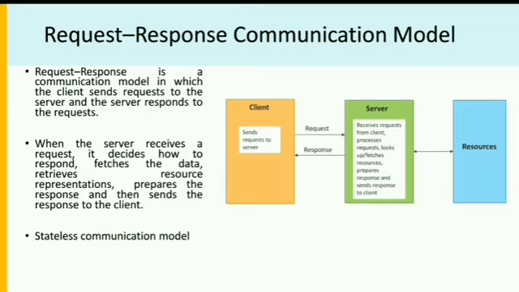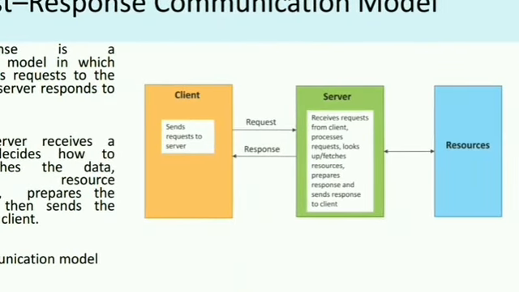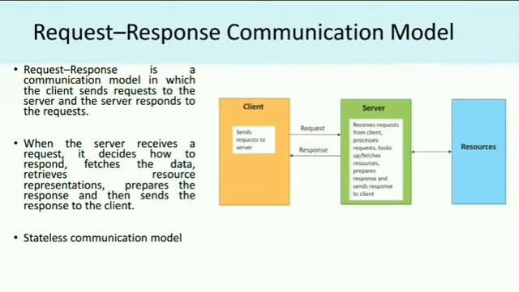So let's start with the model. This figure explains there are three entities: client, server, and resources. So the request response model says request response is a communication model in which the client sends a request to the server and the server responds to the request. Server is responsible for responding to that request. So client is the entity who interacts with the server, and server accesses the database or the resources for retrieving